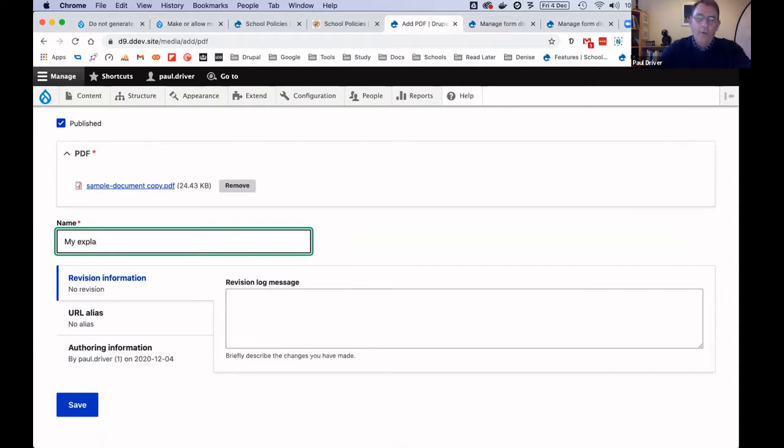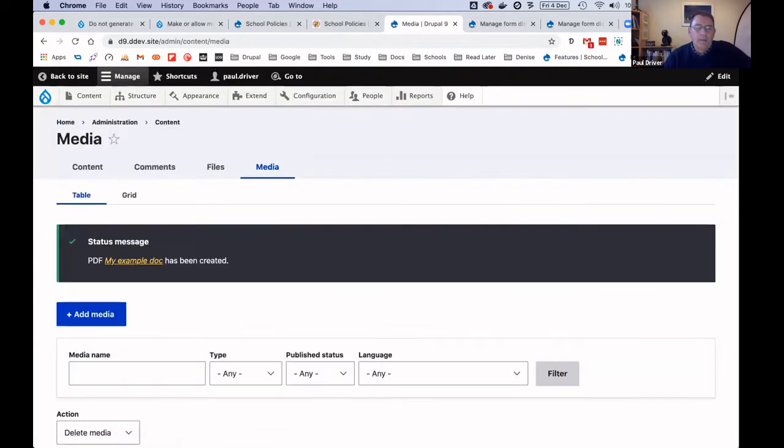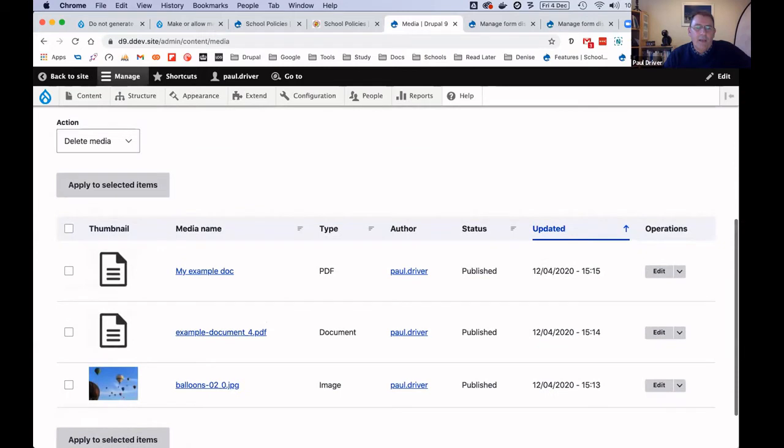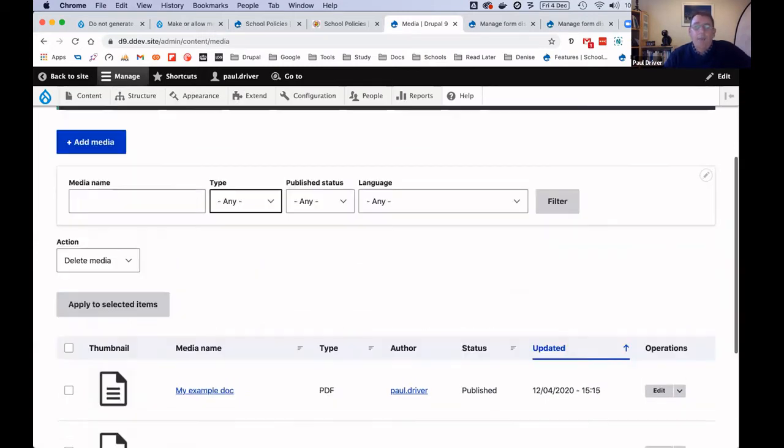But this is not the default behavior of core. Ordinarily, this field would be hidden on the entity form. So I've given it a user-friendly name, and now we can see in the media library, it's assuming my friendly name. So in terms of these other things that we've got here, in and amongst the filters, we've got a